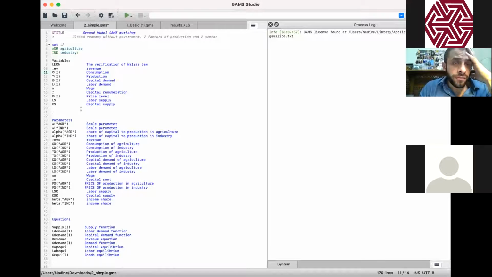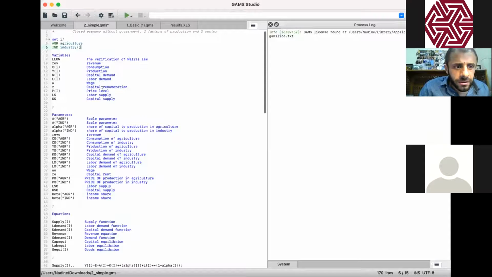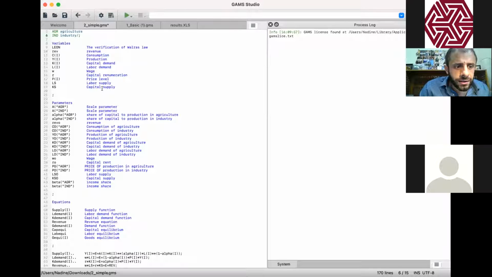Okay. What else do we need after the set? What else can we add after the set? Yes. So I guess we should close the command with the semicolon. The semicolon tells GAMS that that's the end of the set. And as you have seen, now the word variables became blue. So we have the variables. That's fine. The parameters, no need to declare them with